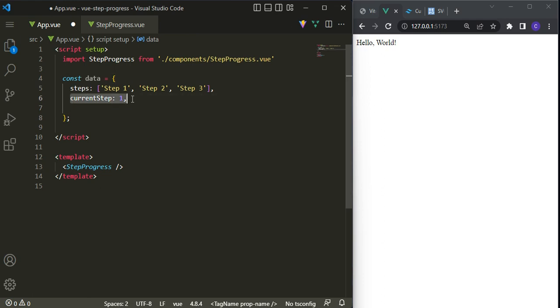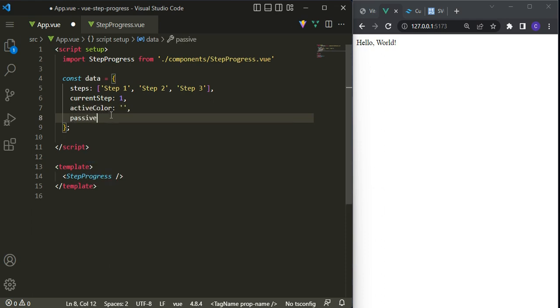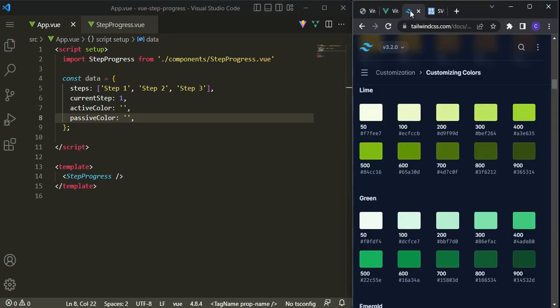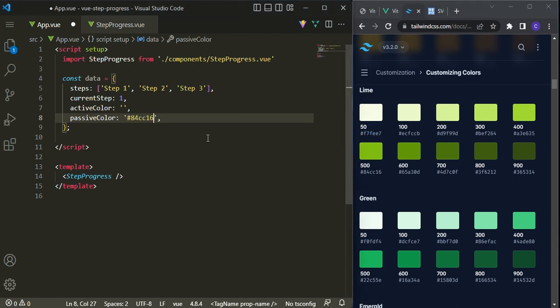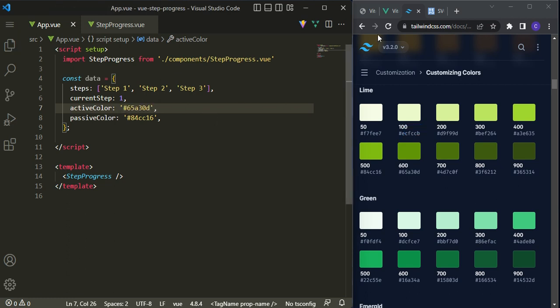So the current step is 1, but we are actually starting with step 0. And then I want 2 more properties, active color and passive color, and I want to use Tailwind colors, Tailwind CSS, search for colors. I want to use this brighter green for passive and this darker green for active. Okay,